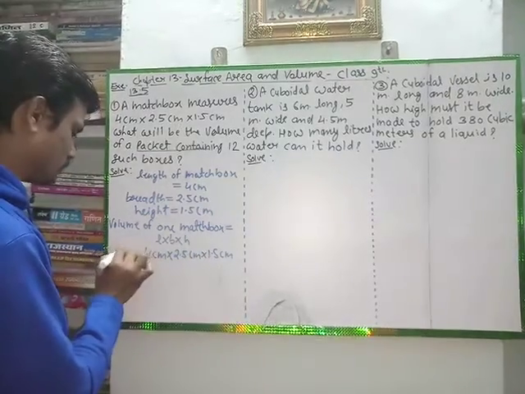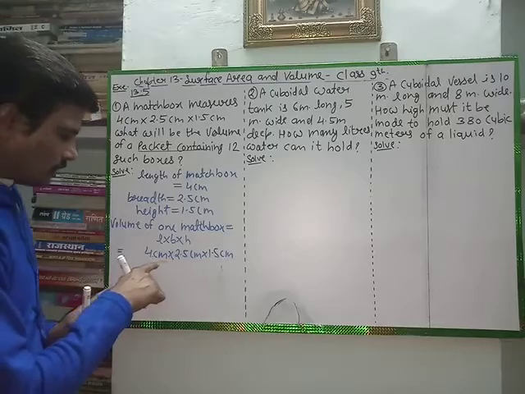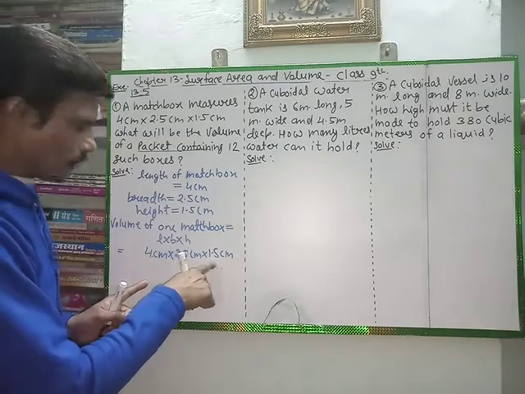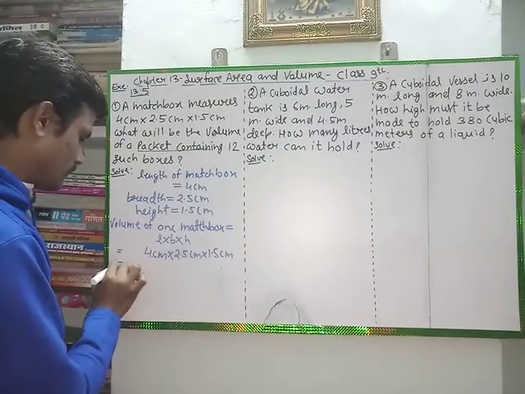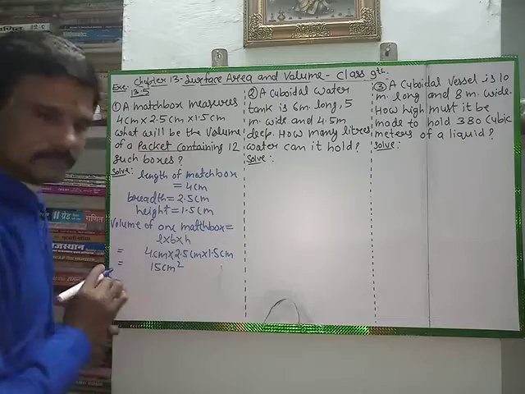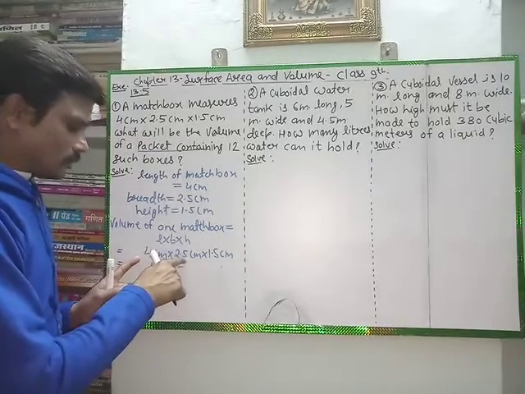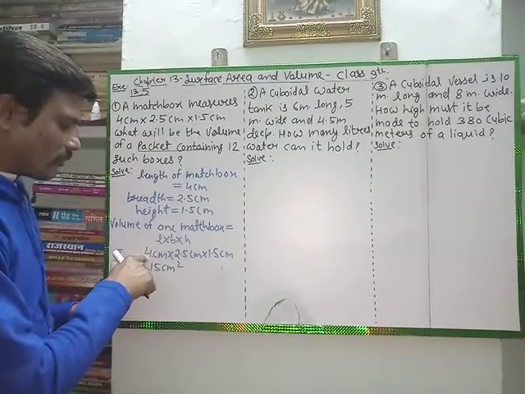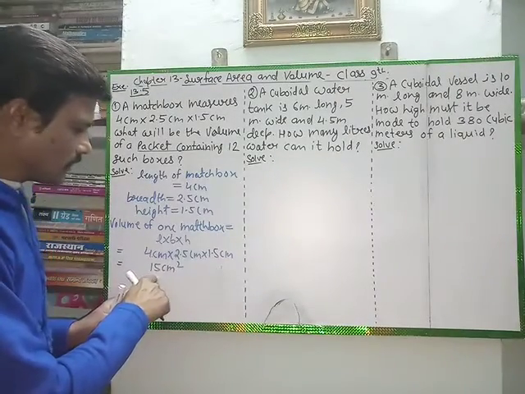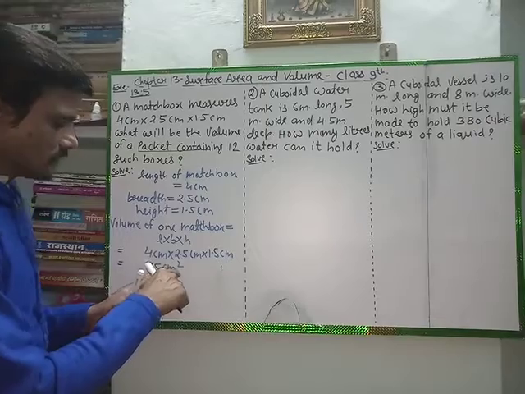So this is the total volume. 2.5 multiply with 4 is 10, and 10 multiply with 1.5, then we will get 15